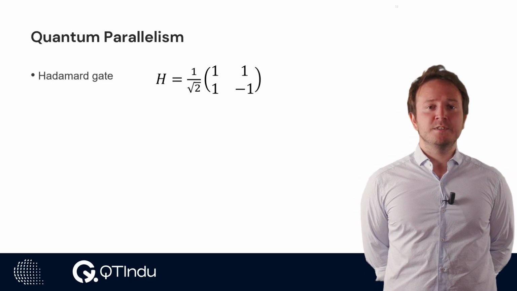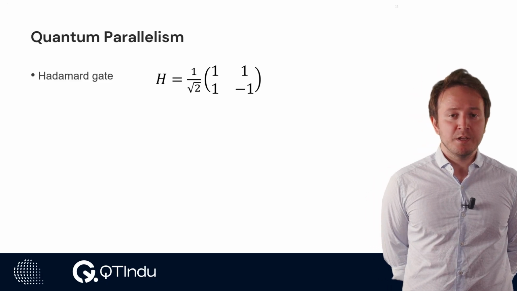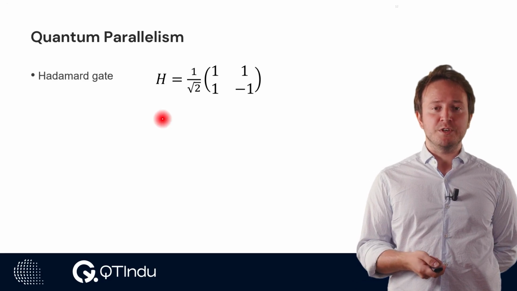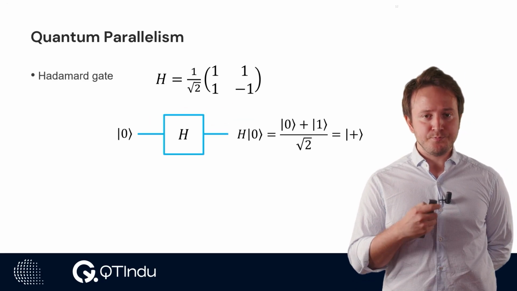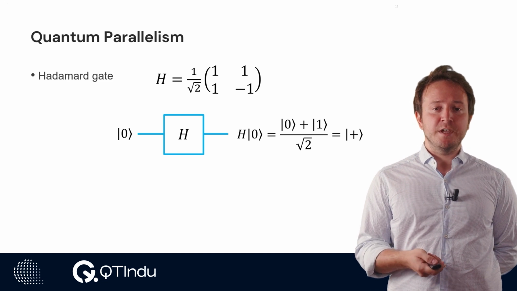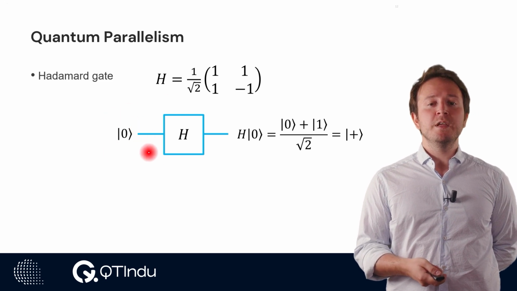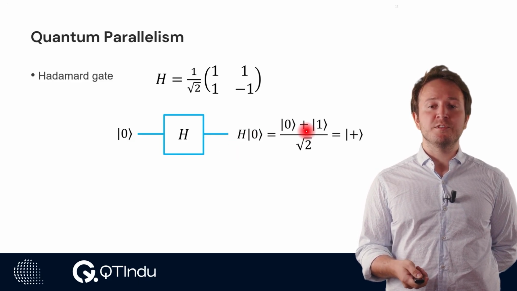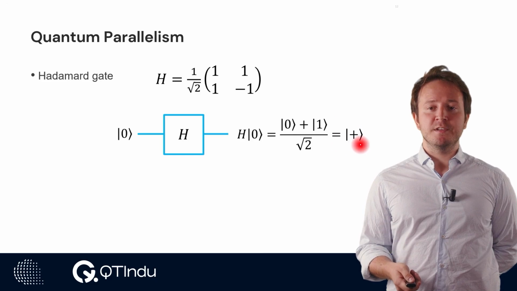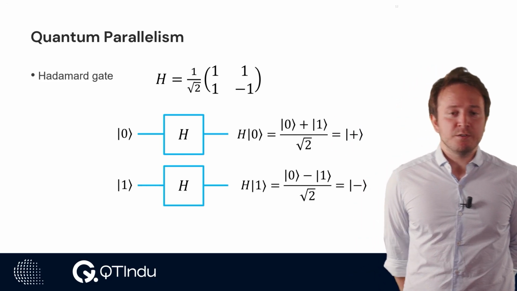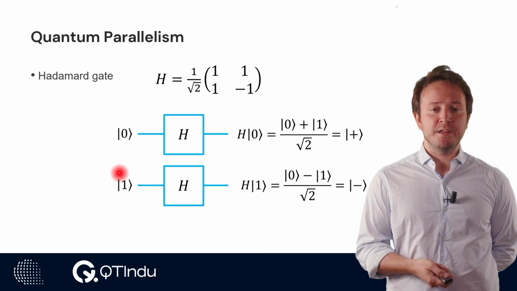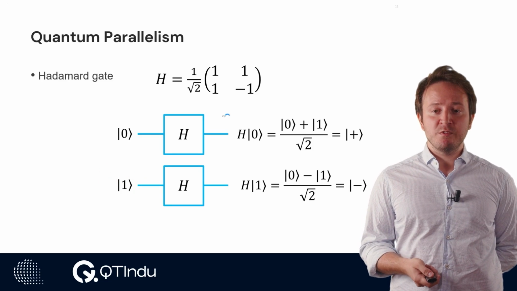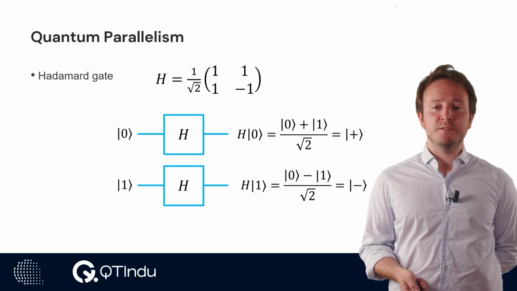Another important concept that we hinted at before is quantum parallelism. Let us try to formulate it a little better. In particular, let us consider the following operation. This is called a Hadamard gate. This gate takes an input state, for example the state 0, and when applied to this state, essentially builds up a superposition of 0 and 1 with a positive sign. We will call this state the state plus. Conversely, if we take as an input of this Hadamard gate the state 1, the Hadamard gate will output still a combination of 0 and 1, but with a minus sign. And this we will call the state minus.